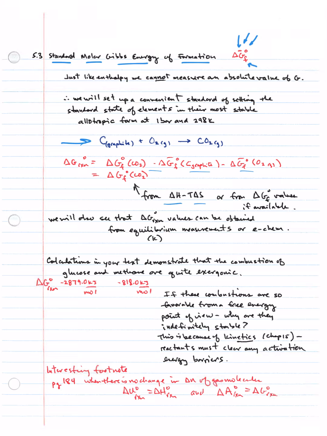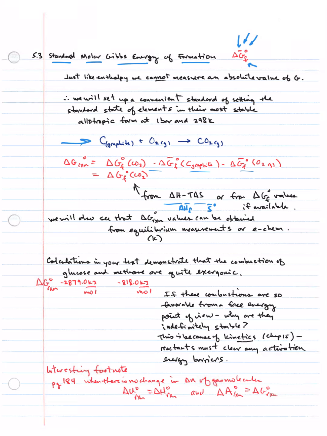Or really, I should say, in particular, you get delta H from delta H of formation values. That's what you look up in the appendix, and you look up absolute entropies in the appendix. But you need to manipulate them, products minus reactants, to get the values. We will also see that delta G's of reactions can be obtained from equilibrium measurements, that's equilibrium constant measurements that